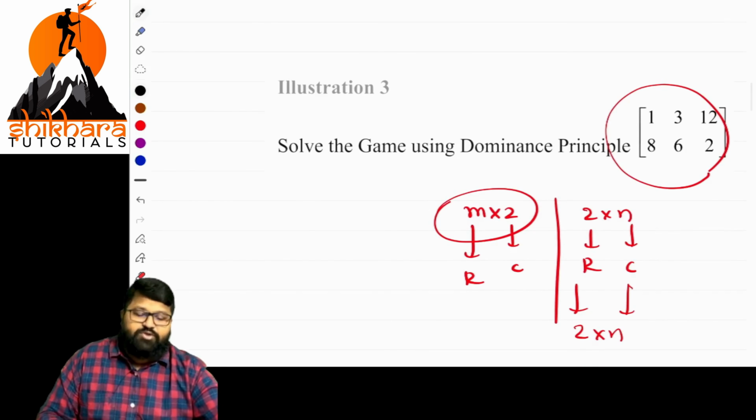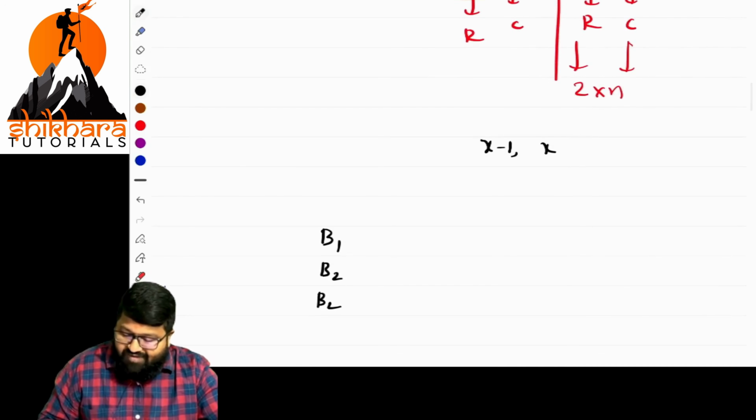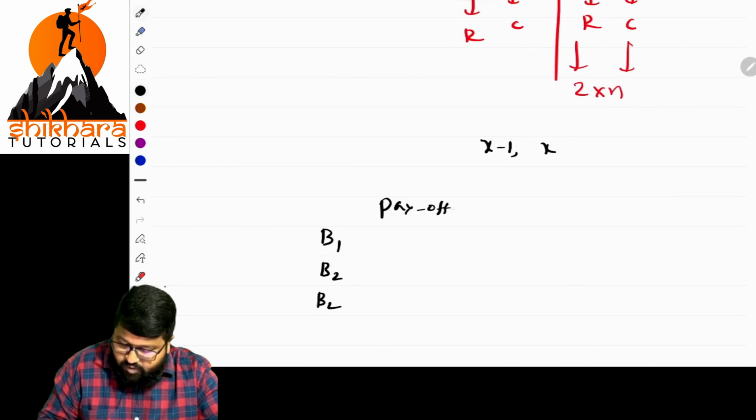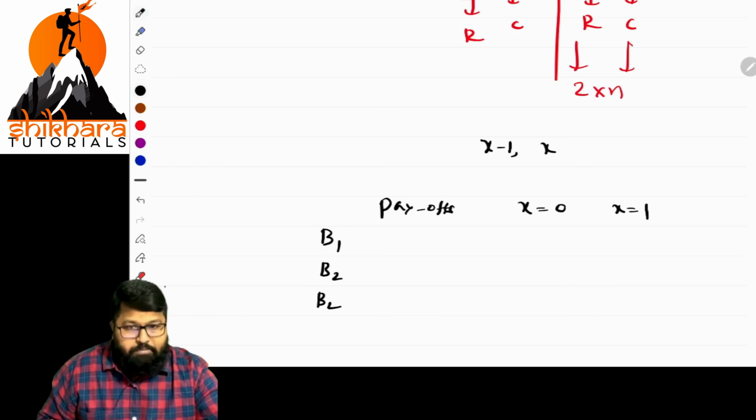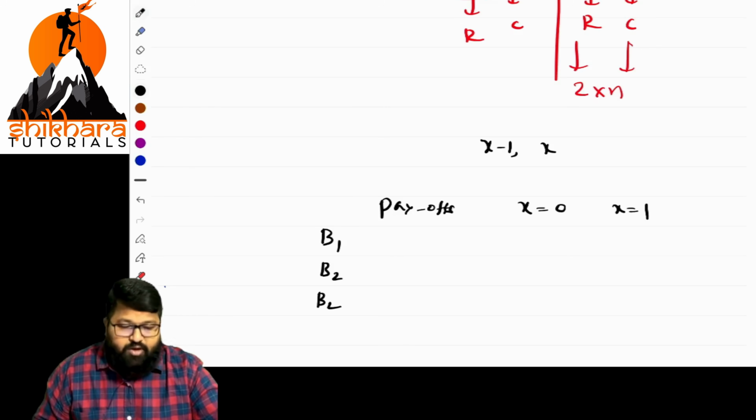In this case, the basic thing is that we plot the values, that is the payoffs, how much payoff we are getting, for x equal to 1 and x equal to 0, basically. Multiply them with the probabilities. You get the point. So here, what is the value in the first part?